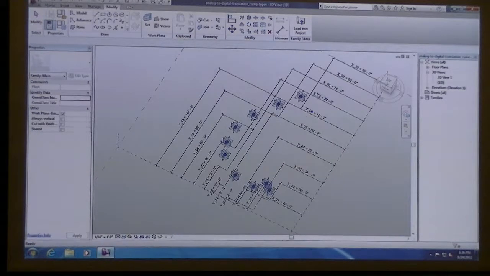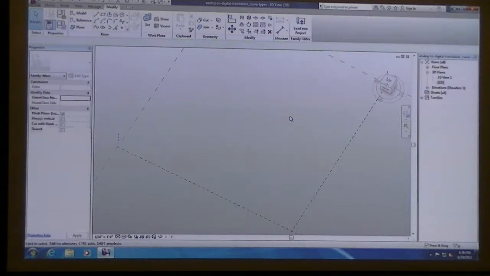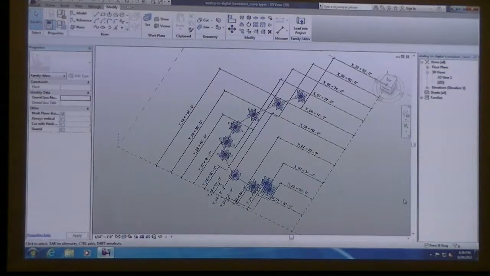The dissolve button is if you just click on the line or the mass or anything that you're working with, up on the top right, you'll get a dissolve. Because if you delete, if I go back here and I click on this line and I hit delete, all the points and all the parameters and everything that you just set up go away. So you definitely don't want to do that.